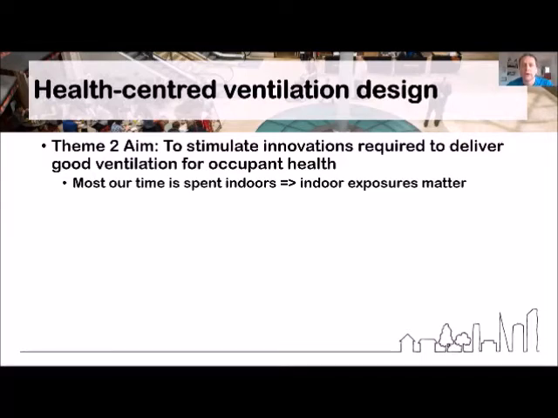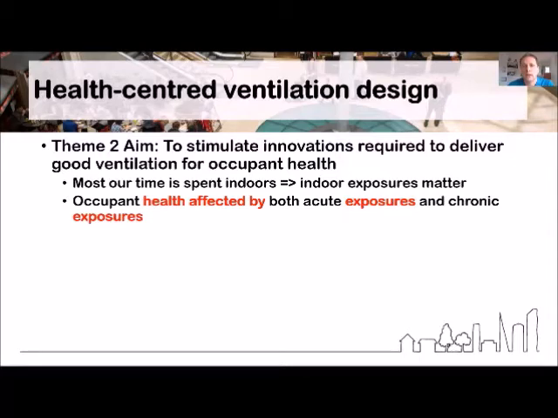And it's really timely in a historical context, in that we spend enormous amounts of our time indoors, and so our exposures there increasingly matter, and our health as occupants